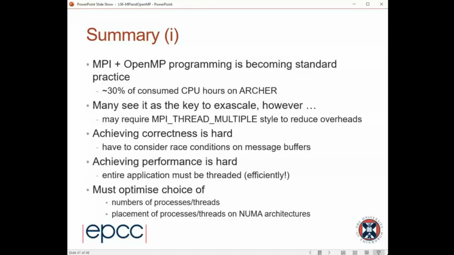MPI+OpenMP is becoming standard. There's a statistic that 30% of consumed CPU hours on Archer, the previous system, actually meant that 30% of the CPU hours were consumed by codes which were capable of MPI+OpenMP. We assume that stupid people did that. Many people have said this is the only way to exascale, like most people used to be saying, but that